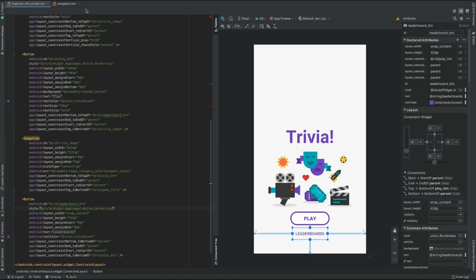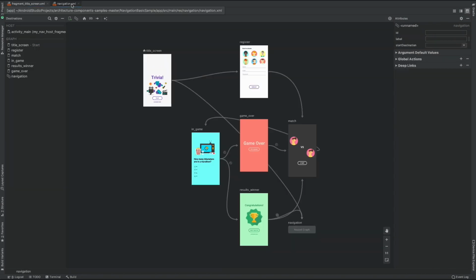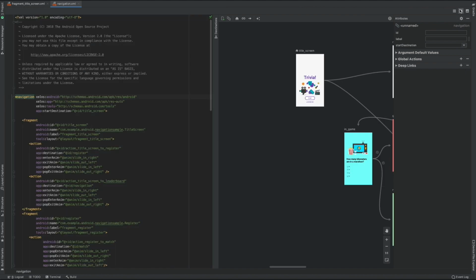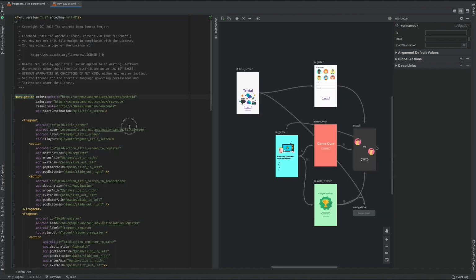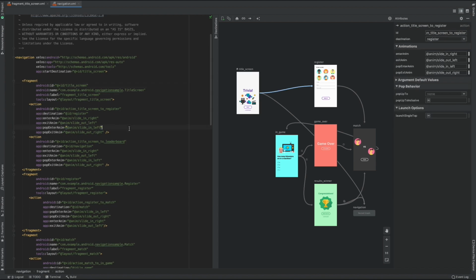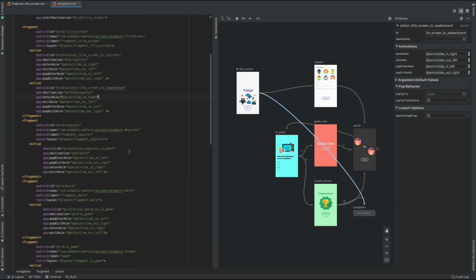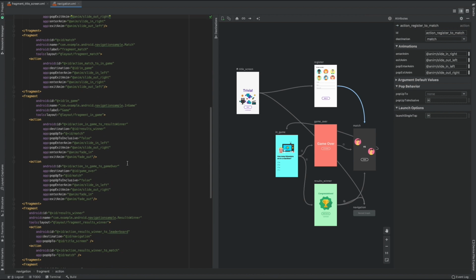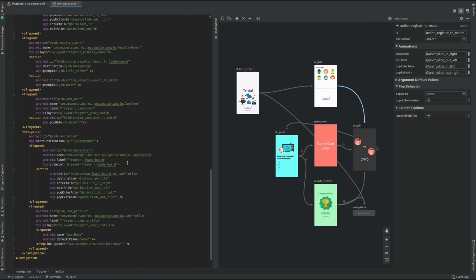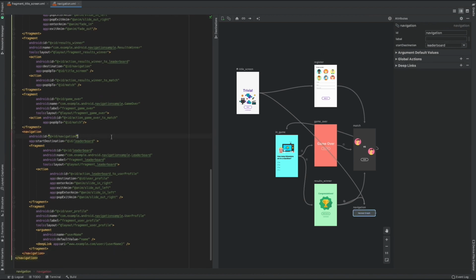Another thing that's pretty convenient is that this split view mode applies to a lot of design tools. And here's an example in the navigation editor. And you'll notice here that the selection in the text reflects into the visual portion in the navigation editor. So again, the idea is to make it a lot easier to understand what those tools are generating. Because at the end of the day, those generated files are what you are using in your project.